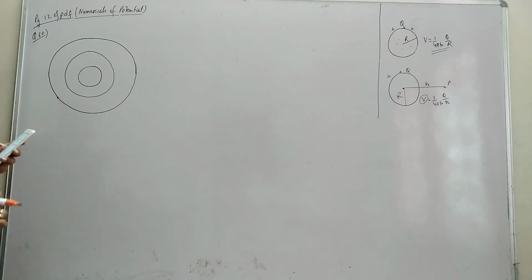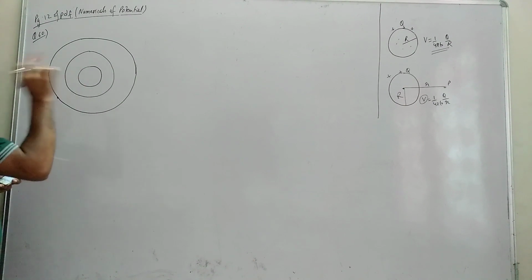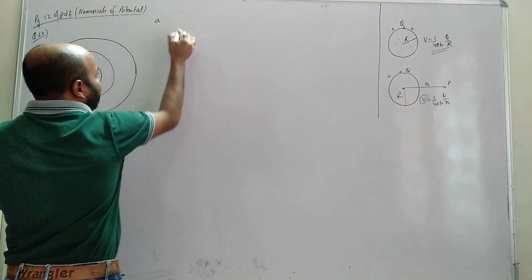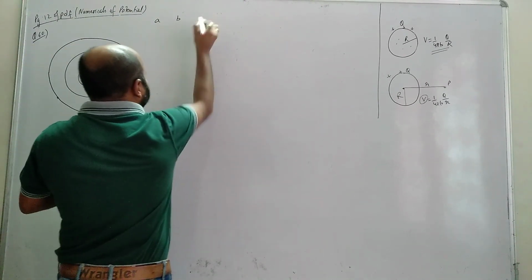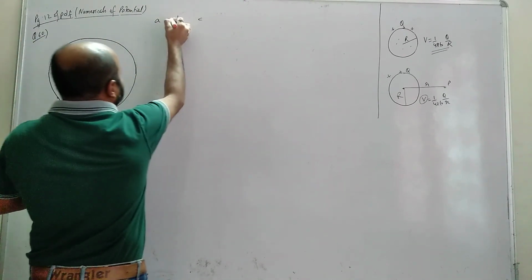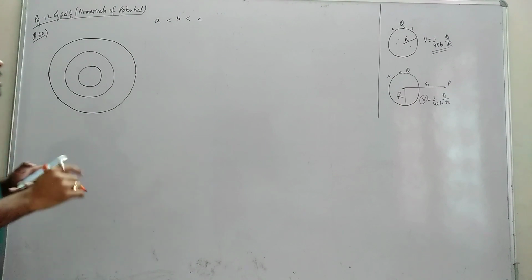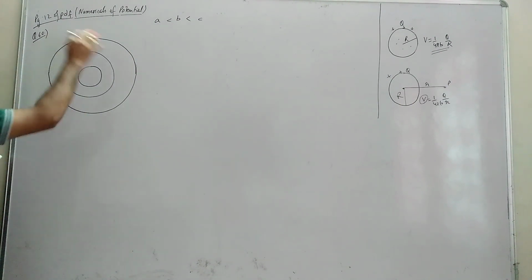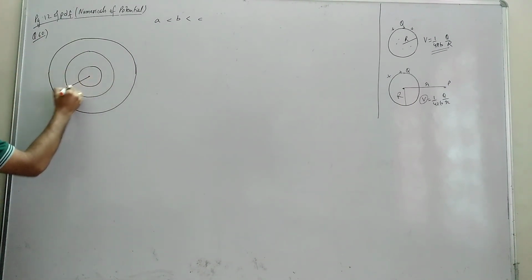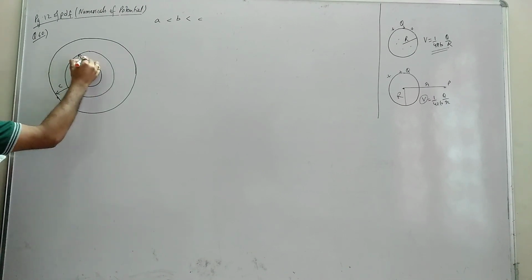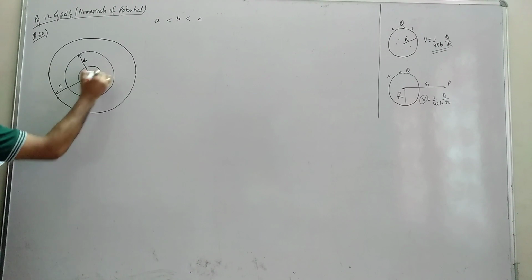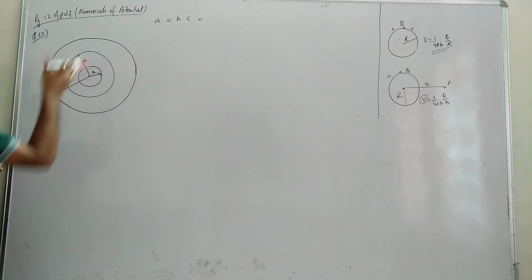So for that, the radius of shell A is given to you as small a. Shell B has radius small b. Shell C has radius small c. It's written like this. This is given. That means the bigger radius is C. So out of these three shells, which has the bigger radius? This C. Which is the smallest? After that B, and this is A. So from the expression I can understand.